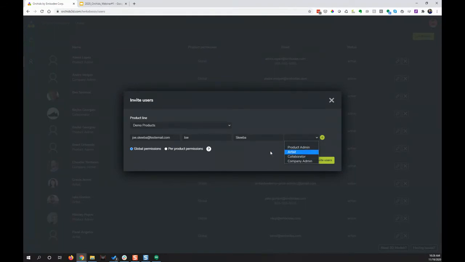Collaborators have a little bit less. They're maybe someone like marketing or sales. Maybe you want to invite a factory or someone like that to the platform. They have fewer permissions. They don't have the ability to set up products per se, but they have the ability to create variants and create assortments, which I'll get to in a minute as well.